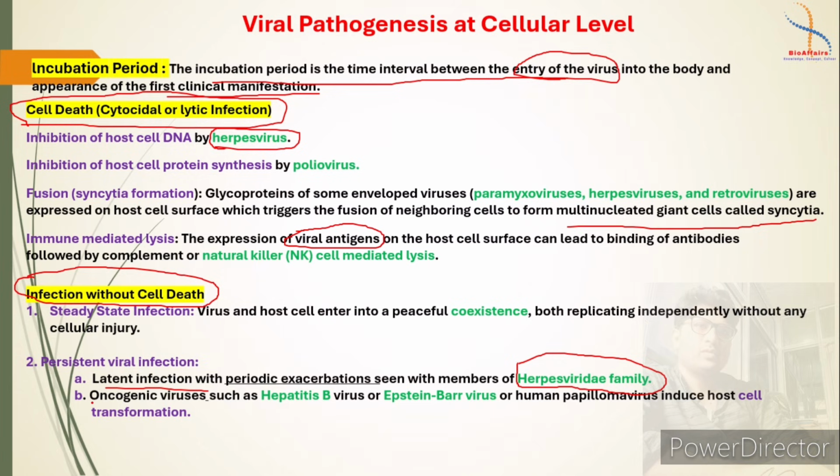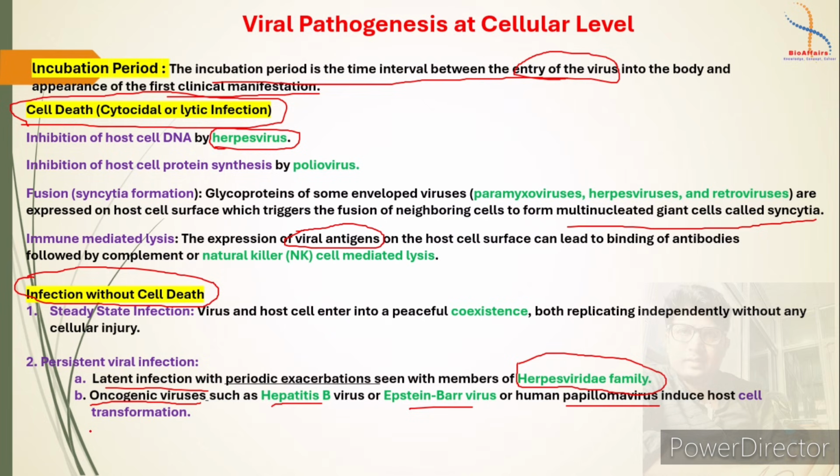As the name suggests, oncogenic means it forms one kind of cancer. Now that depends on the oncogenic virus type. So here hepatitis B is an oncogenic type virus. Not all hepatitis B infection leads to cancer, but it is capable of inducing cancer in the body. Then Epstein-Barr virus and human papilloma viruses induce host cell transformation. This transformation leads to cancerous growth, depending upon their target tissues.